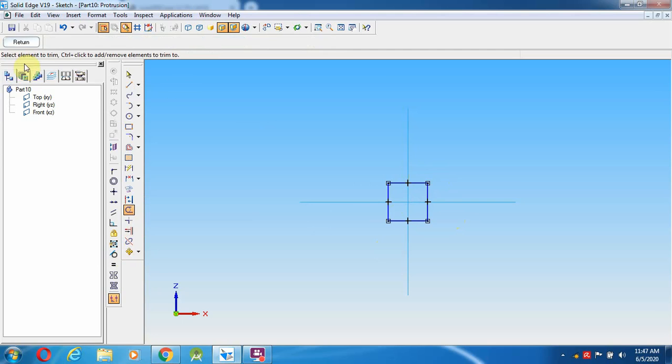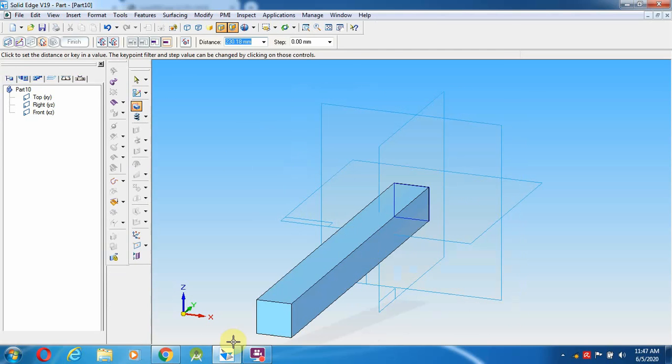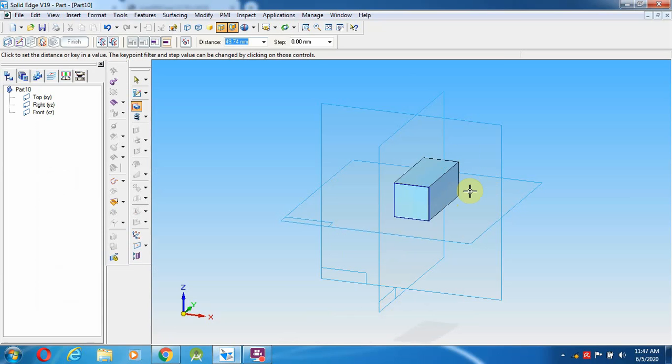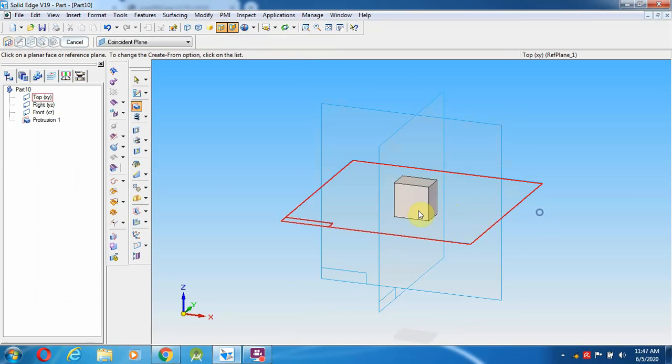So after that going to give return. So this 22 mm, how much depth am I going to give? 14 mm. So towards that side 14. Okay, so giving 14.